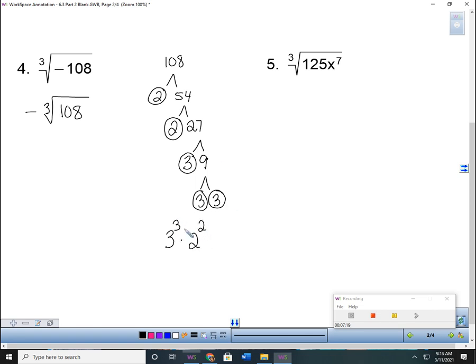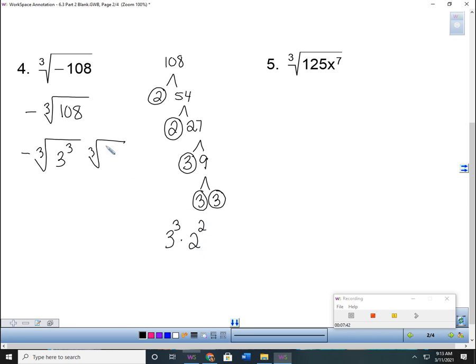So on this one, we know that that 3 is going to divide by our root of 3, right? So that's a perfect cube. Is there anything I can do with 2 to the second? No, because 2 is already smaller than 3, right? So I've got the cubed root of 3 to the third. Always put your perfect cube in the front. And then I can't do anything with 2 to the second power,